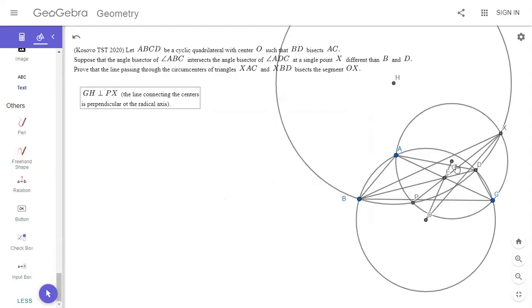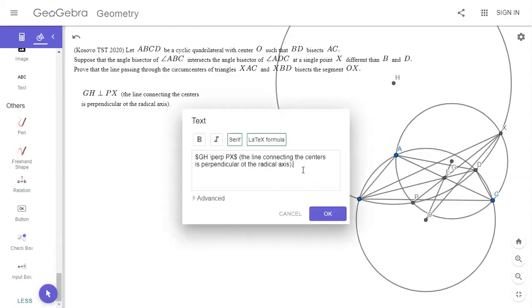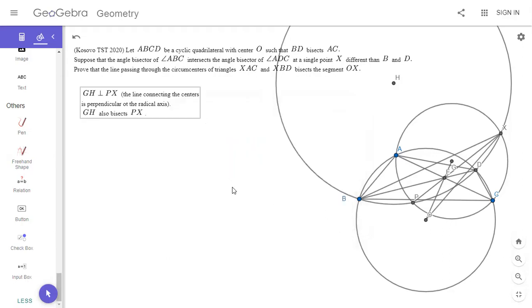And then GH also bisects PX. So if we can show angle OPX is 90 degrees, that would help solve the problem. And then